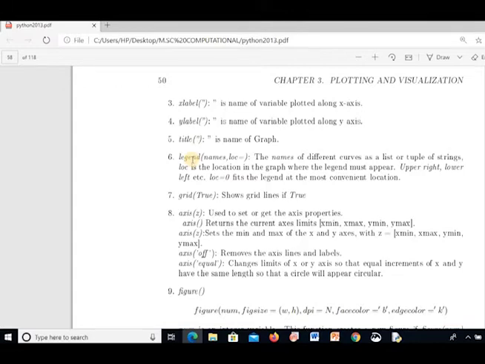If we have two graphs in the same figure, I have to identify which one stands for which. For example, a velocity-time graph and a position-time graph plotted subsequently in the same plot. To identify which one is velocity-time and which one is position-time, I can use legend. If we discuss the program, you can understand it in detail. All graph papers have horizontal and vertical lines; to get that, I have to use grid true. It shows grid lines if true.